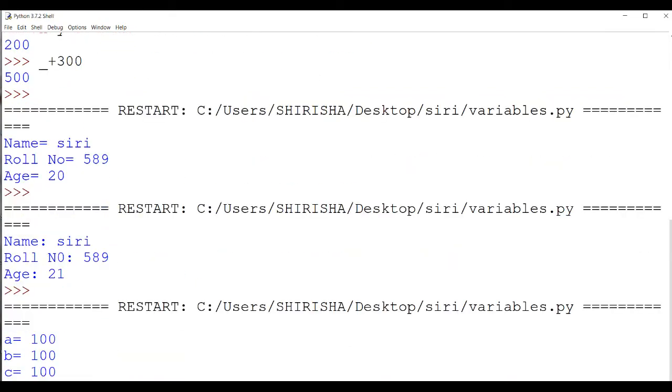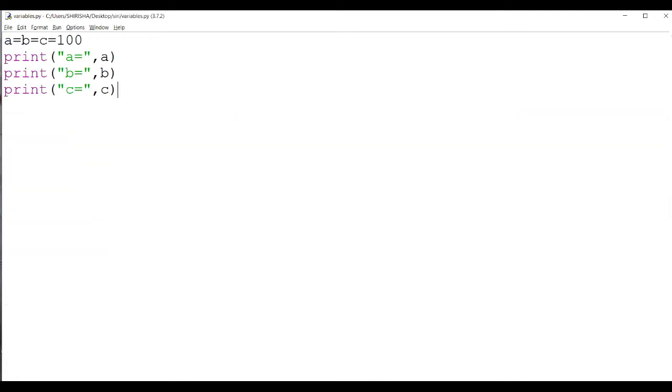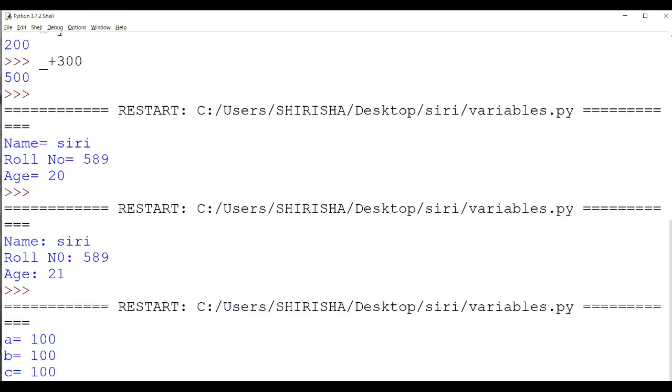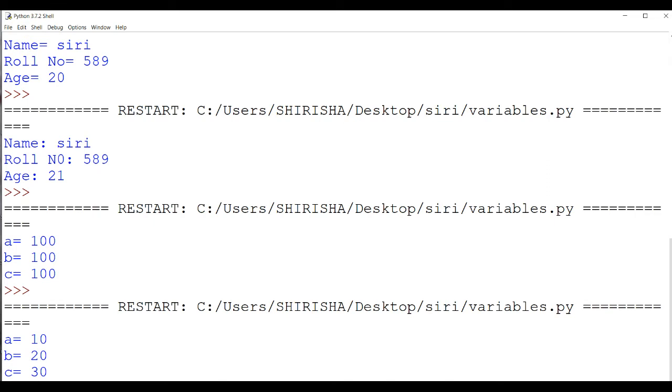Here you can see a is equal to 100, b and c also, which means the same value is assigned to multiple variables. And how can we assign multiple values to multiple variables? Simply type a, b, c is equal to 10, 20, 30. Now you can see a equal to 10, b equal to 20 and c is equal to 30.